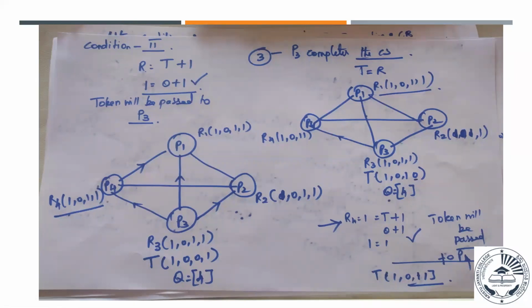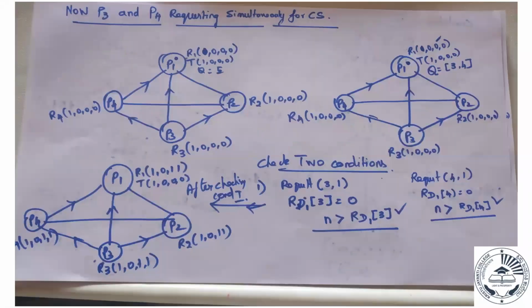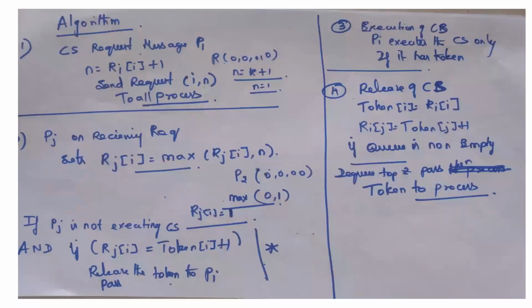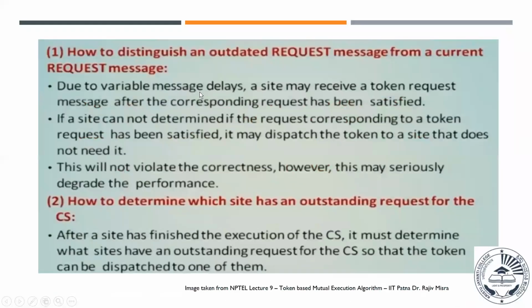So like this, P1 can go for the third time, fourth time, and fifth time also. Is it clear? So every time he can go and increment, n number of times he can go, provided he has the token, he can get into the critical section. Okay, so this is what the Suzuki-Kasami algorithm is all about. So this is the way it has been executed in the distributed network. The steps I already explained to you. This is the basic algorithm, and the conditions also I have checked.